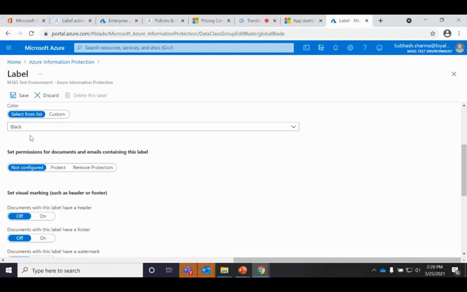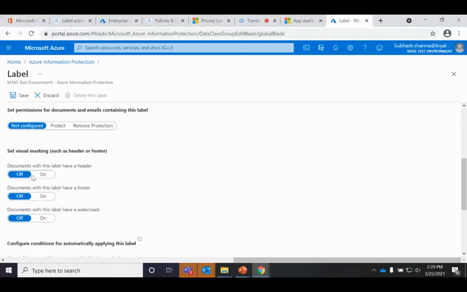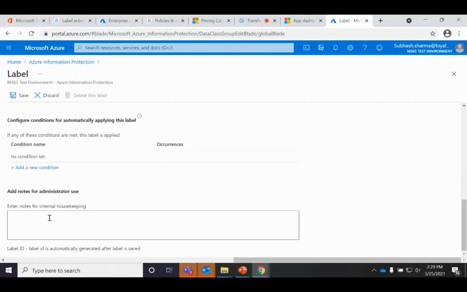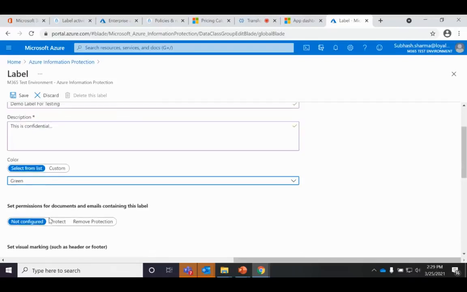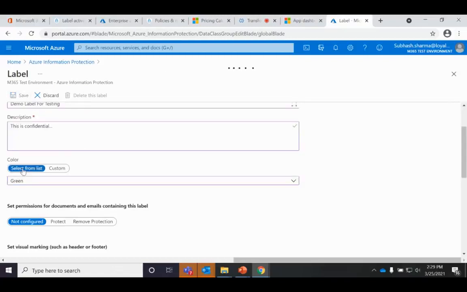I'm gonna select a predefined color, maybe green, and I'm quickly gonna go with default settings because there are many such configuration needs to be done, and that's kind of a different topic altogether for discussion. All right, so I'll save this label, let the label be saved, and